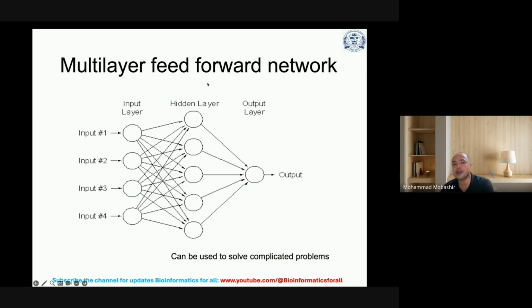And then you can go for some more examples. Then the multi-layer feed forward network. So here you will see layers of nodes: the input layer, then the hidden layer. It could be even more layers than these. Then the output layer, where you can see the output single or multiple, depending on what you want to achieve. Do you want to achieve more than one outcome, or only one? Now,